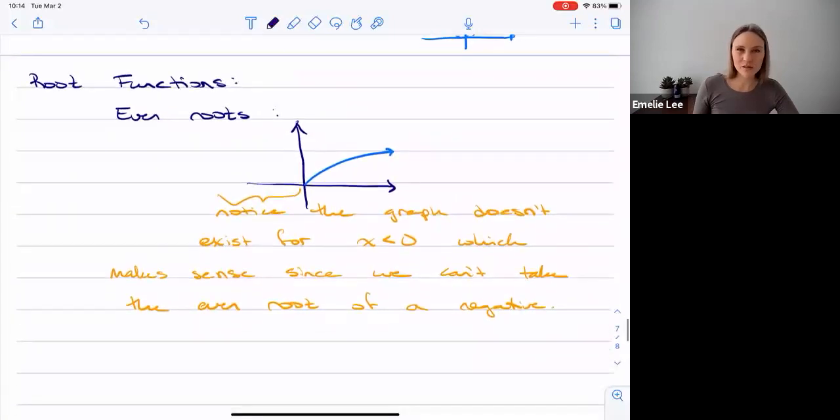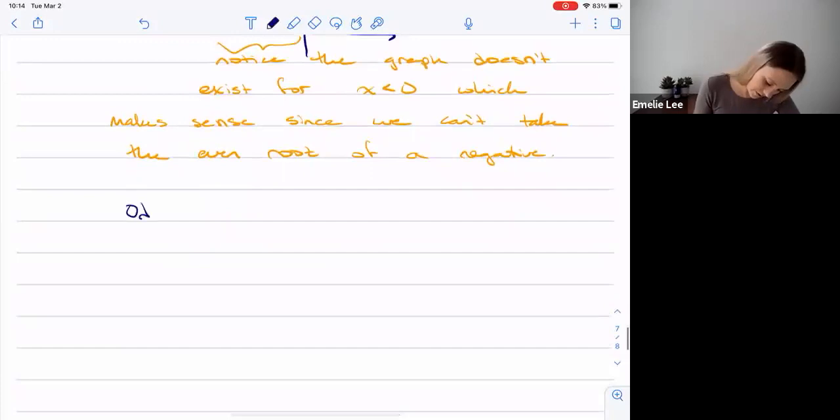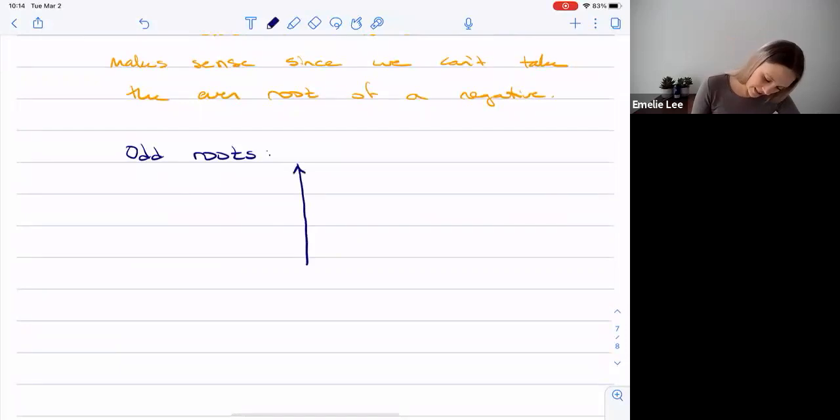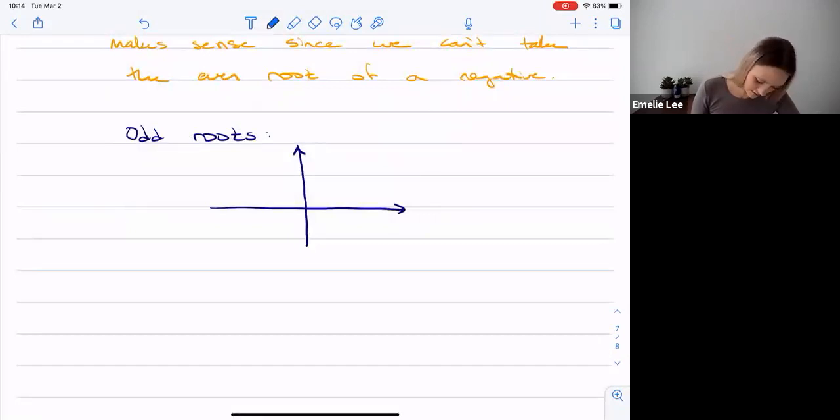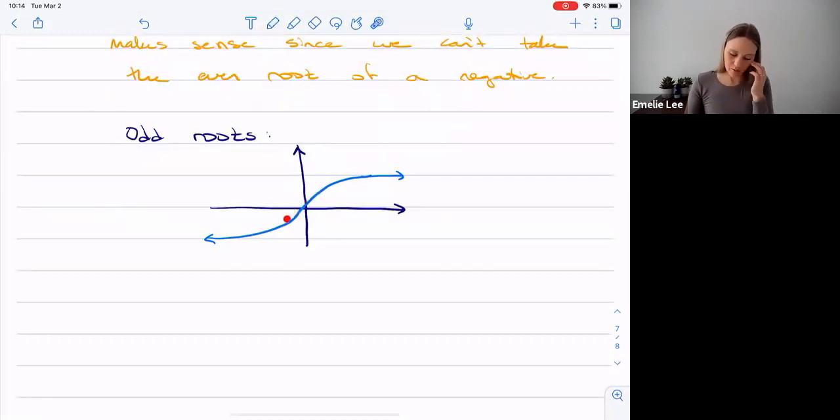Odd roots have a different behavior. So odd roots can take negative values of x because in general it's going to look like this, something like that. Okay, and just like polynomials, anything can happen kind of here in the middle around the origin, but in general the overall behavior is going to look like this. Okay. So again, so here,